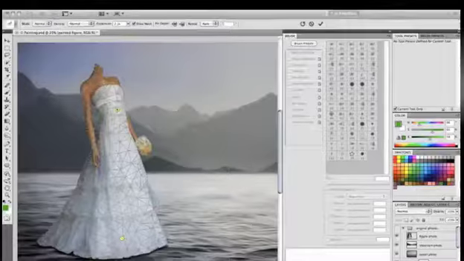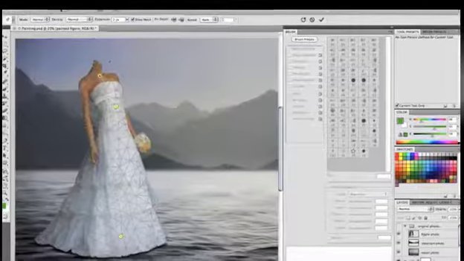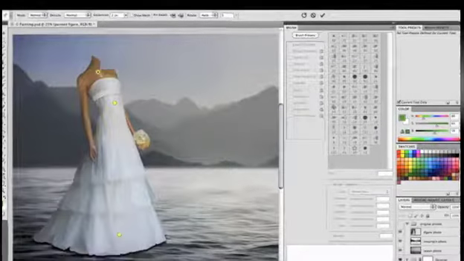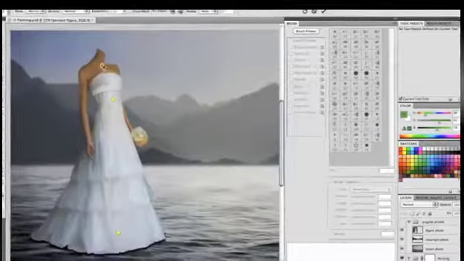And I'm going to sneak in one more feature. We have added Puppet Warp, which will allow me to simply drop pins on my images and then make natural distortions. And it doesn't end with what I've shown you today, but I'm out of time,